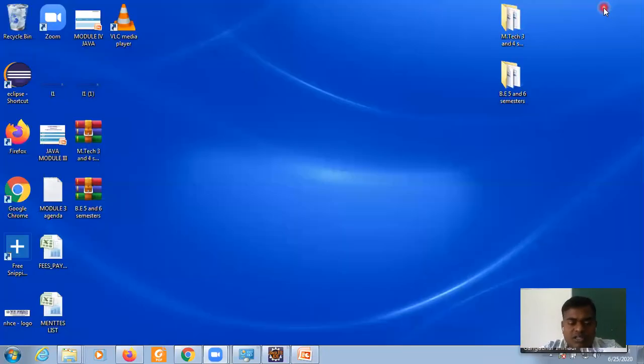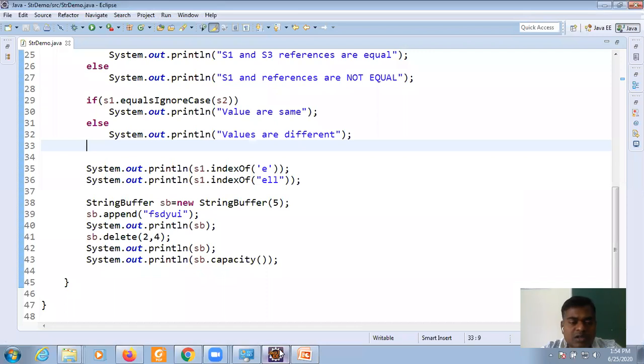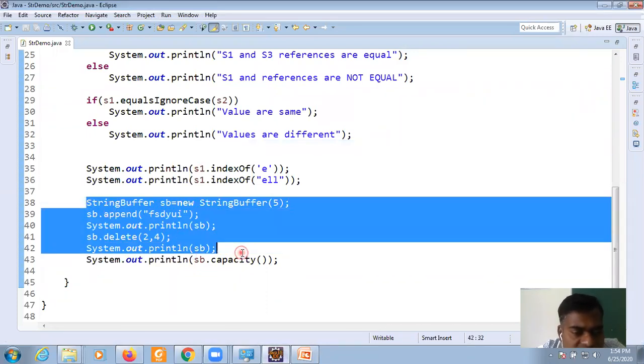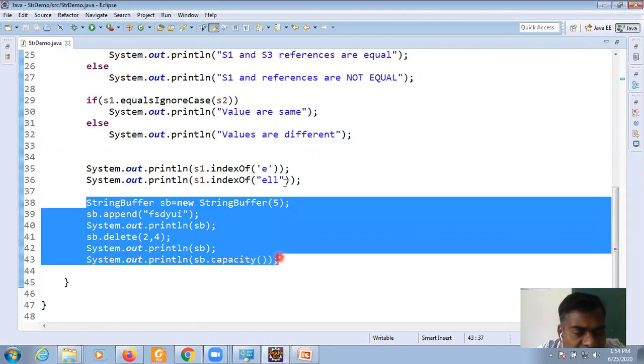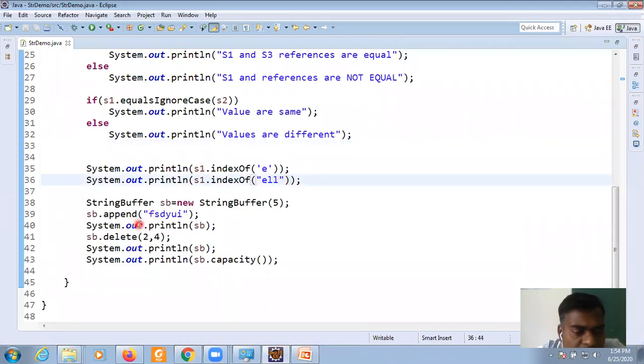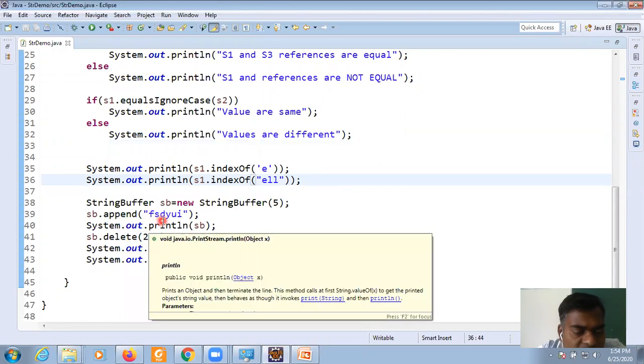Before I conclude, I just wanted to show you the Eclipse module for the string buffer, how I have developed it. StringBuffer sb is equal to new StringBuffer of 5. Then sb dot append of fs dy ui. That is the value.